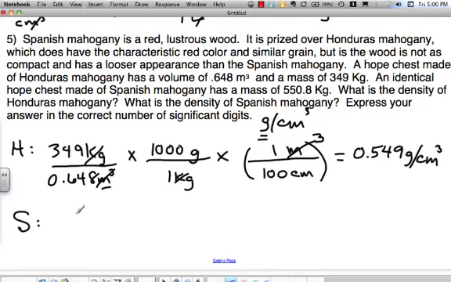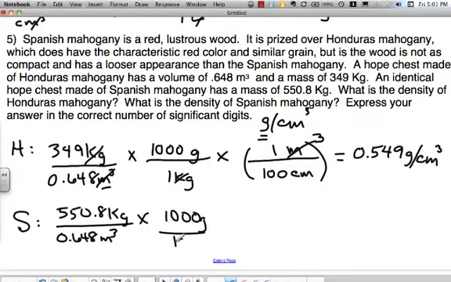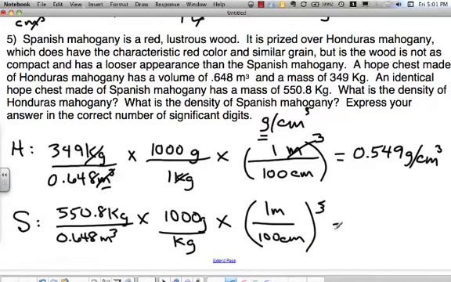Spanish has a mass of 550.8 kilograms, and it says identical, so that means that the volume is the same. So you're going to do exactly the same conversions you did here above. So you're just going to repeat. Okay, so we can get it into grams per centimeters cubed. Do a little erasing there so you're not confused. All right, and then putting it into my calculator, 550.8 times 1,000 equals, divided by, in parentheses, 0.648, don't need to cube it, that number is already a cubic measurement, times 100, and I'm going to cube that by raising it to the third power, close parentheses, and my answer is 0.850,